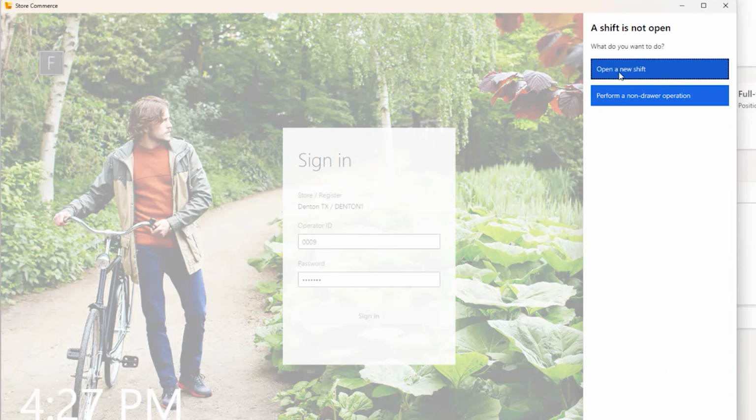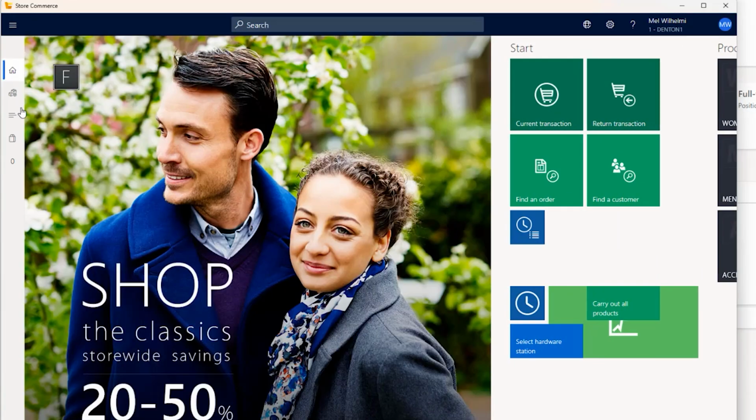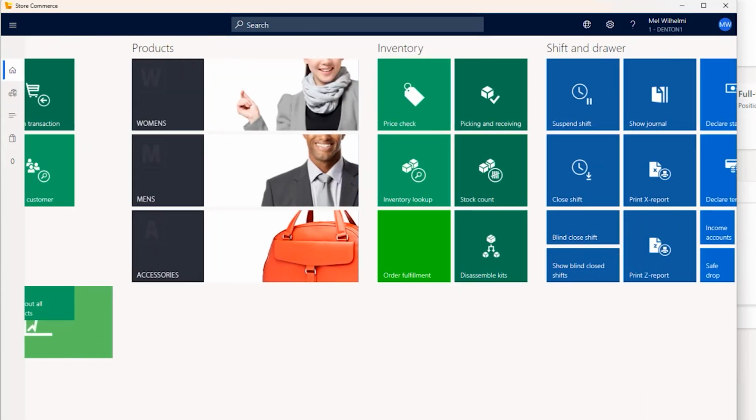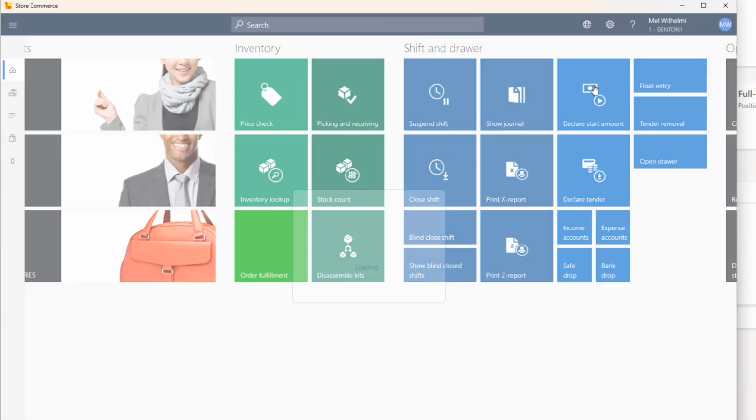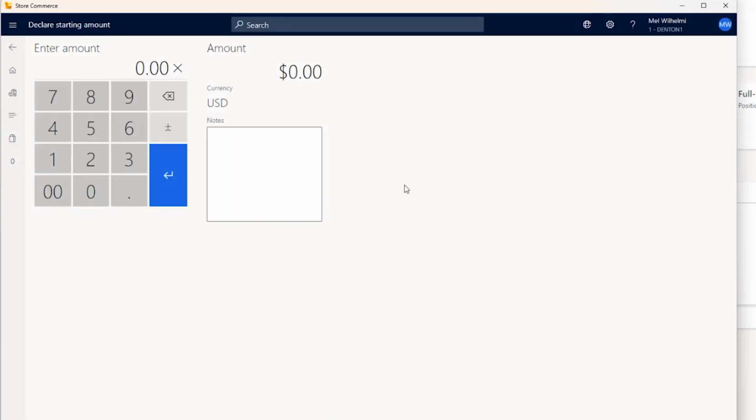Now let's open a new shift. And let's go ahead and put in our starting amount just to get us into this shift. It's always the first thing we have to do. So declare start amount. I'll put in that we have $1 and save it. And now, since I attached my hardware station, and on our register we said that the hardware profile is using that one that's printing to PDF,